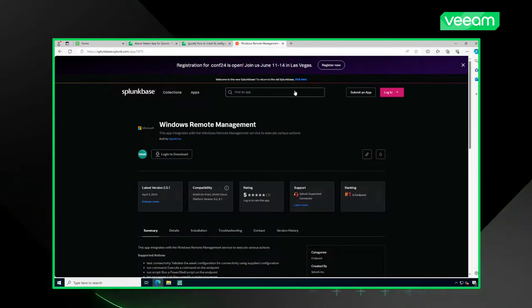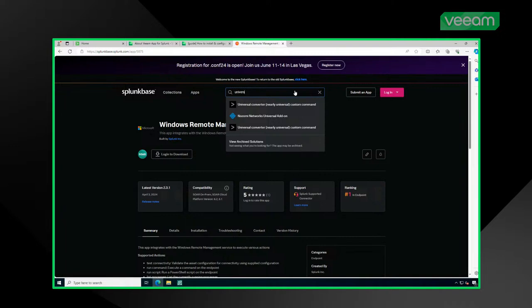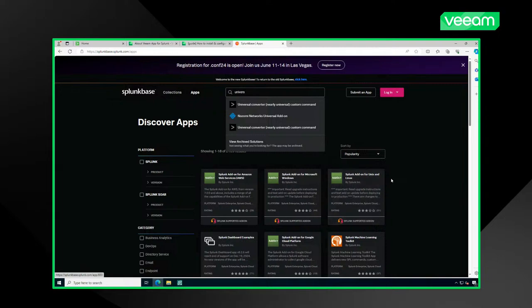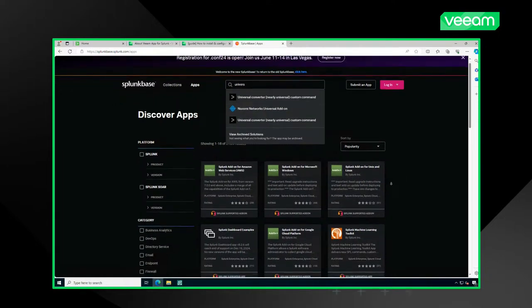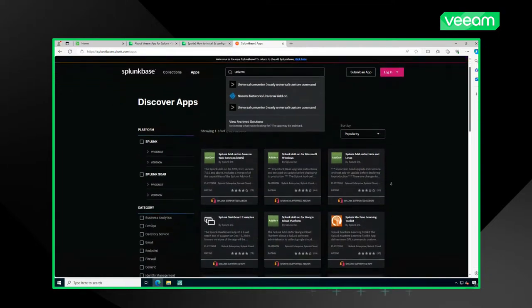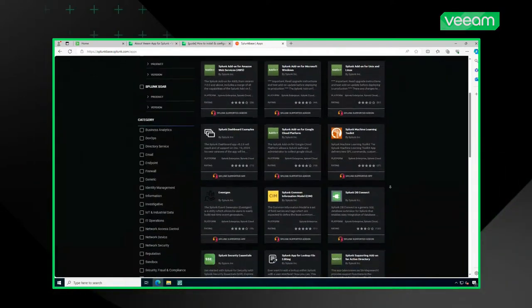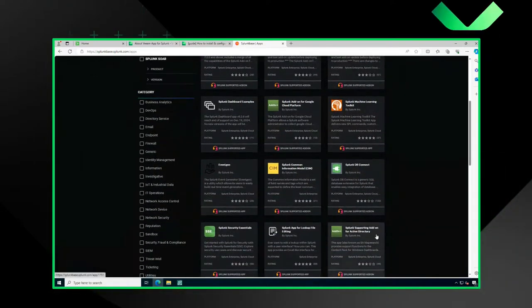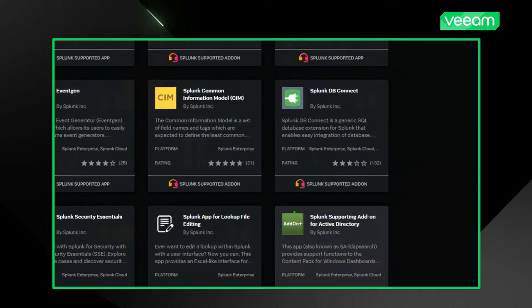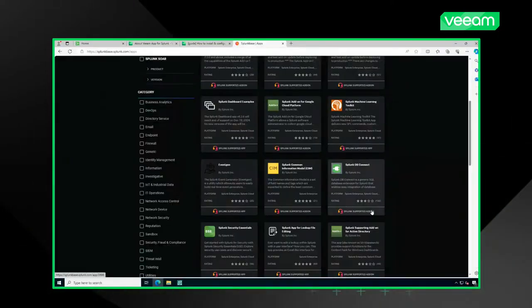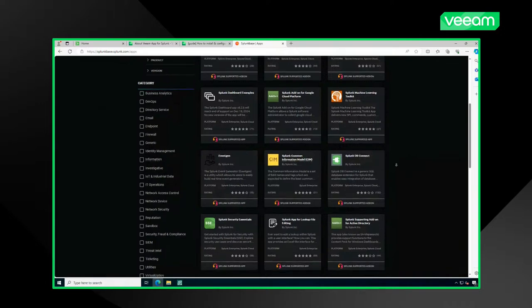Those are interesting. There's also this Universal type of apps and stuff like that. So there's a lot to it. In fact, this is a good view. There's some AWS stuff, machine learning toolkit. The buzzwords are coming in. DB Connect, that's pretty interesting. AD, oh, that looks pretty cool, right? So actually, there's a lot in here, and I'm sure there's probably stuff that